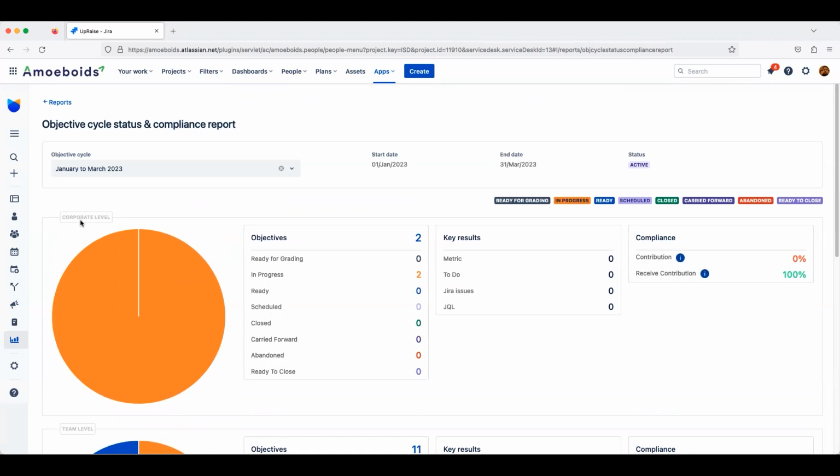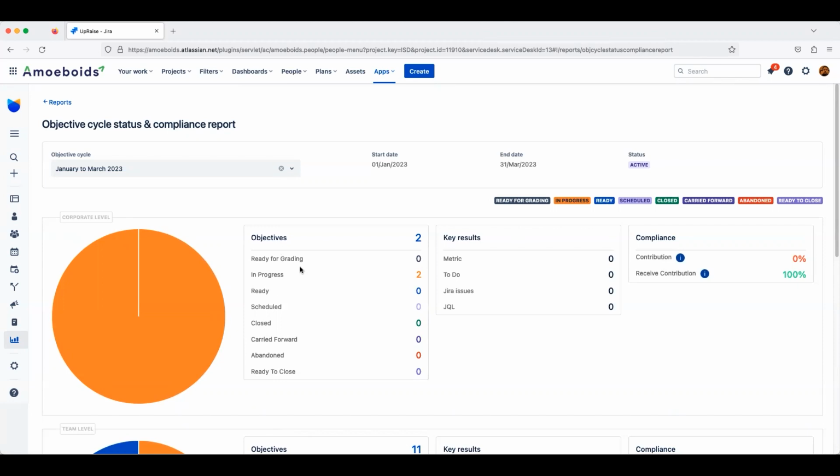First of all, it's displaying statistics and insights surrounding different levels of objectives within the selected cycle. On the top right corner, the different objective statuses are listed,